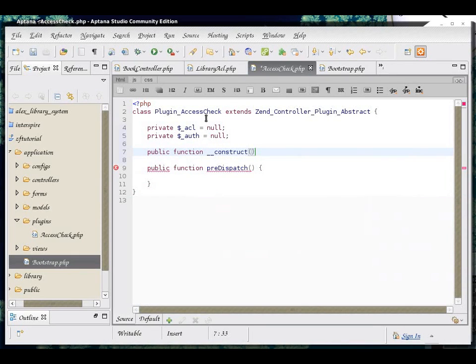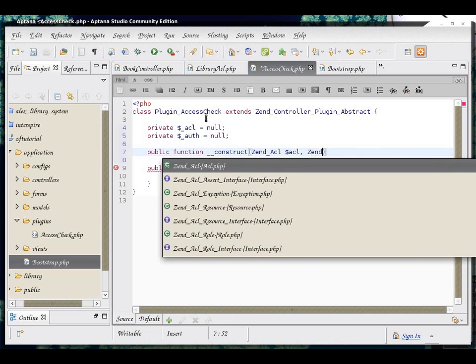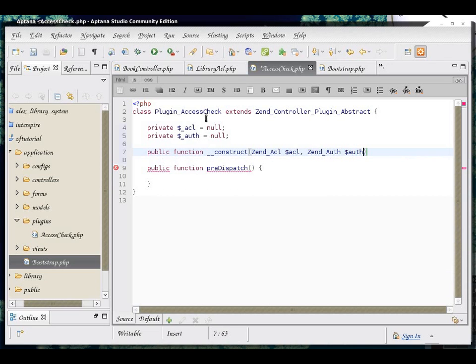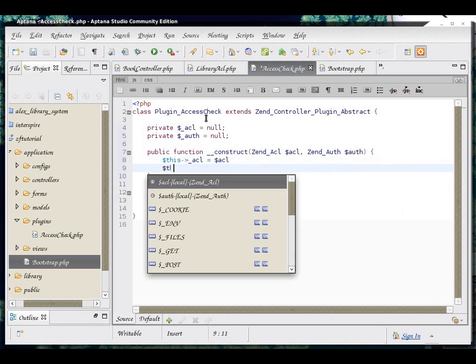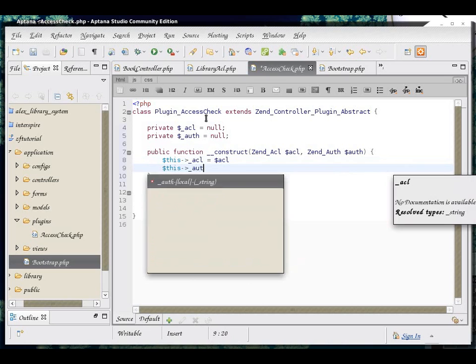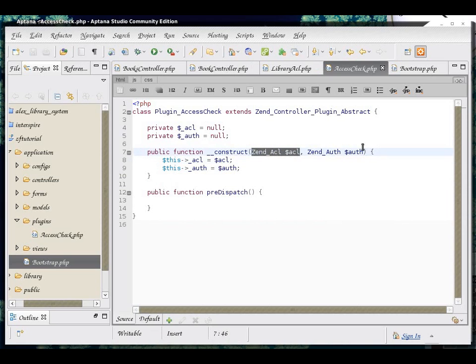The two variables that we're going to need are ACL and auth instances. So when we call this plugin with the appropriate parameters passed, it's going to set its private properties with appropriate instances, and that way we're going to work with them here.